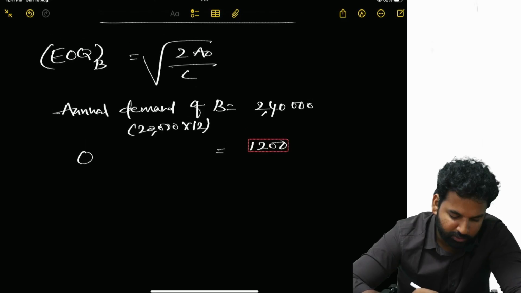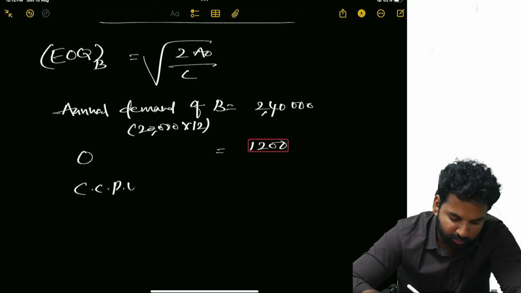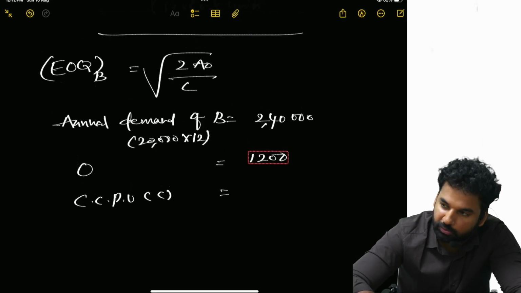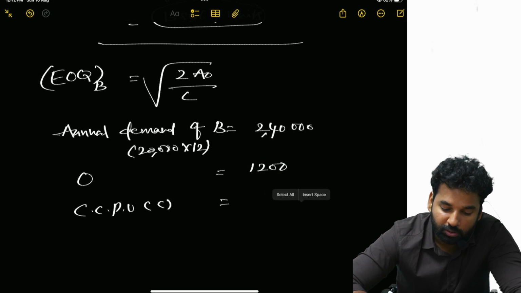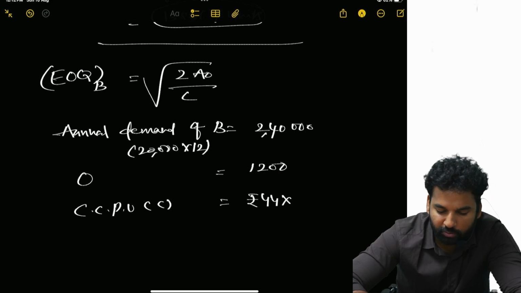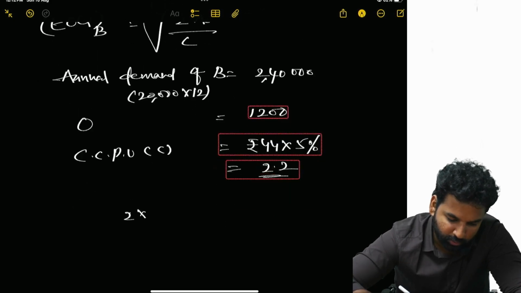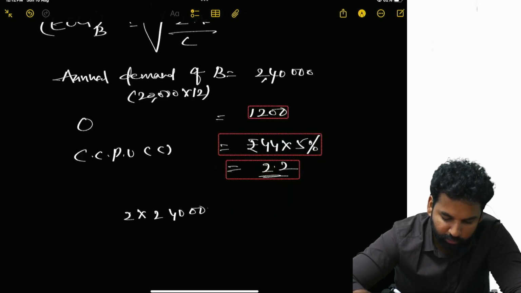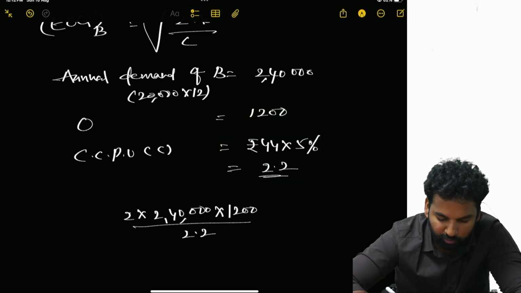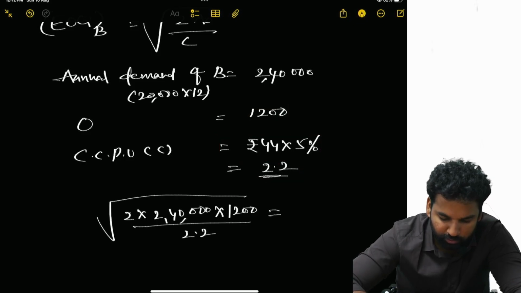Carrying cost C per unit is equal to how much? Rupees 44 into 5%, which is 2.2. So now you solve 2 into 2,40,000 into 1,200 divided by 2.2, which is equal to